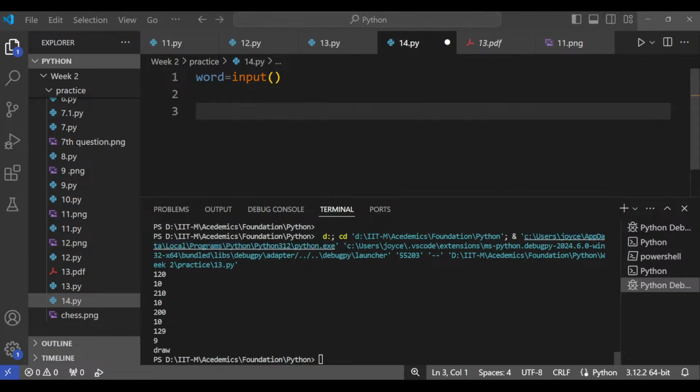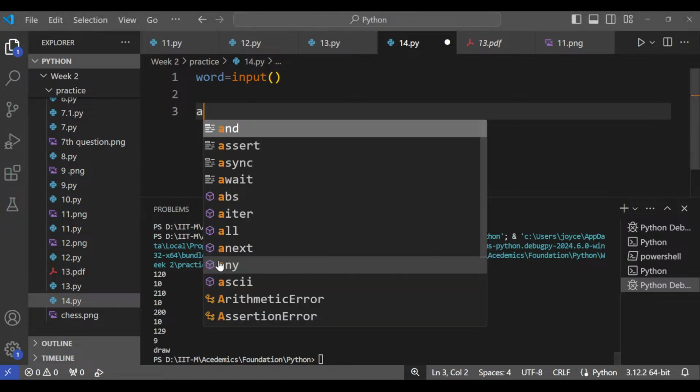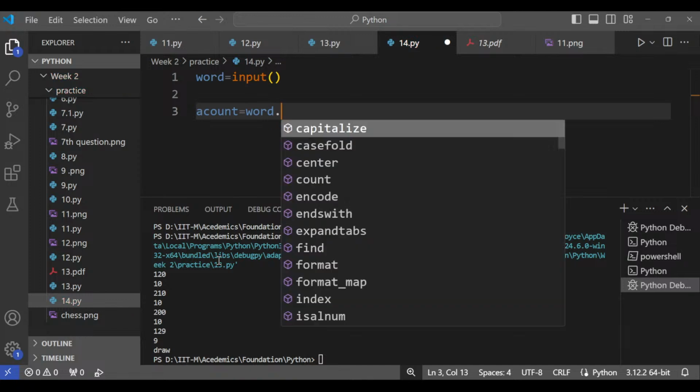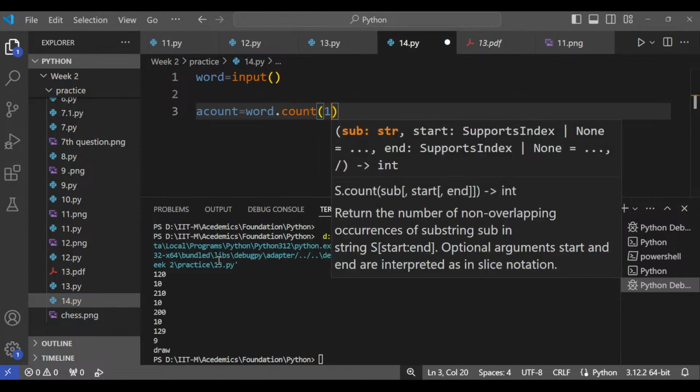So word equal to input. Then we have to count the number of the letters A, E, I, O, U. So I do A count. Wait, not that. A count equal to word dot count of